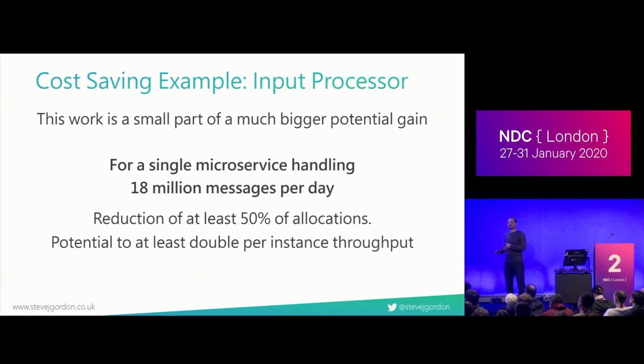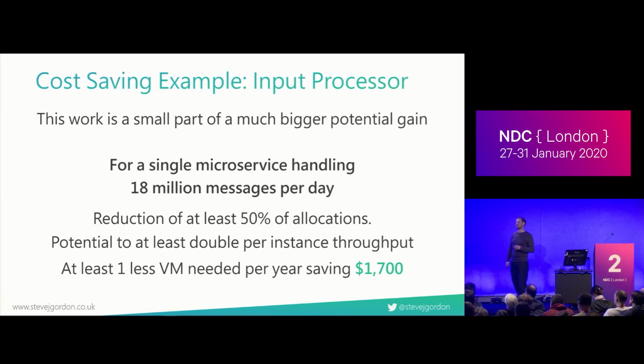So then what I've done is gone and looked at how much scaling this service is having to do inside our container cluster, to figure out that I can probably get rid of enough scaling that I save one VM in our cluster on a daily basis, which in our situation is about $1,700 a year for that one service change. Now, that might not be enough to justify a developer spending their time on it, but